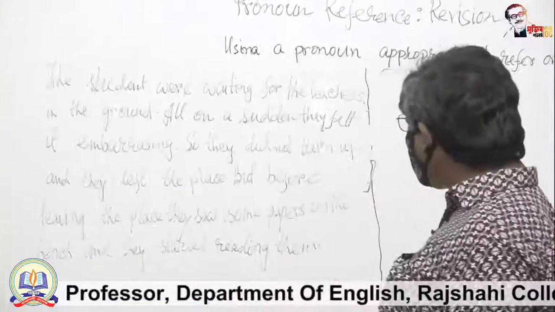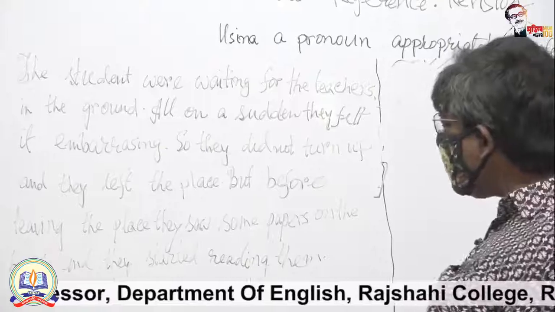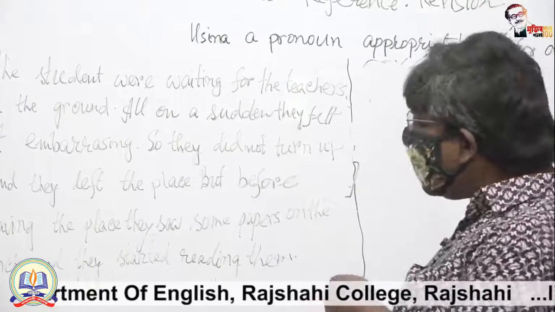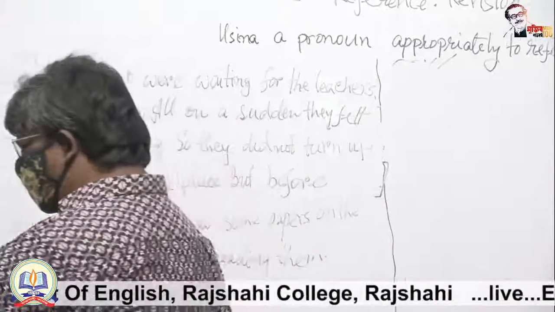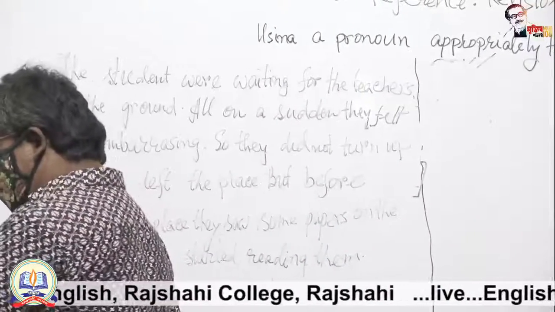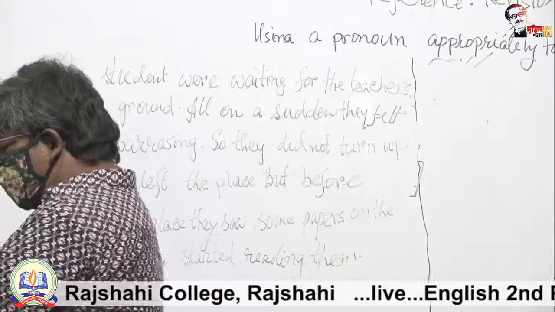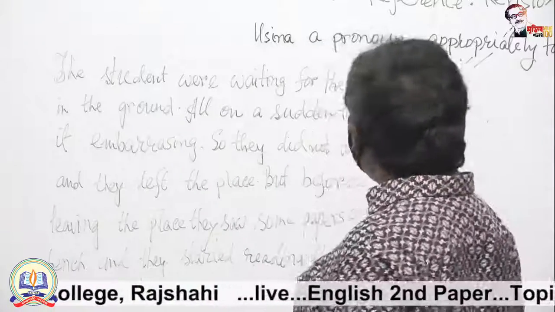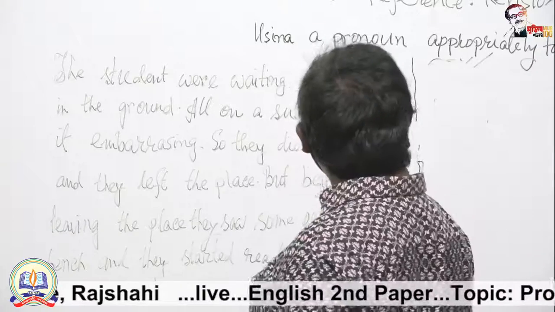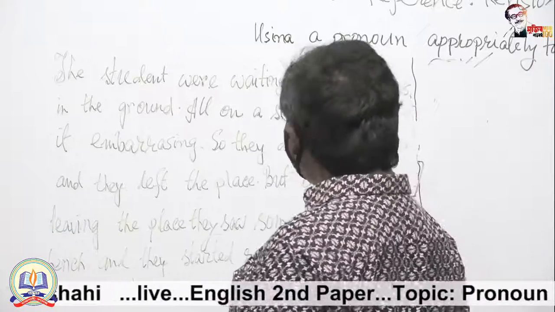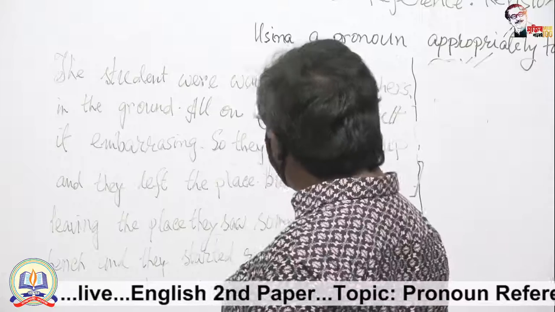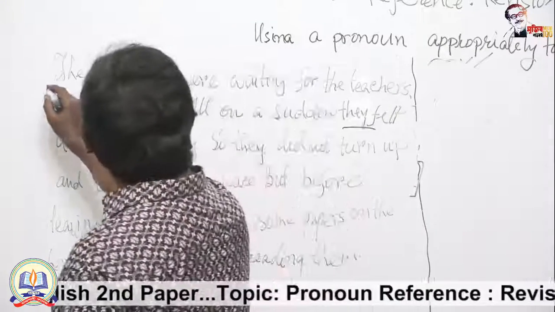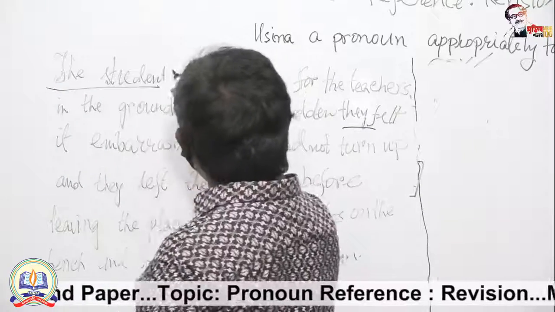They saw some papers on the bench and they started reading them. Here we have the complexity of identifying the pronoun they, as they has been used on several occasions, and they may refer to either the students